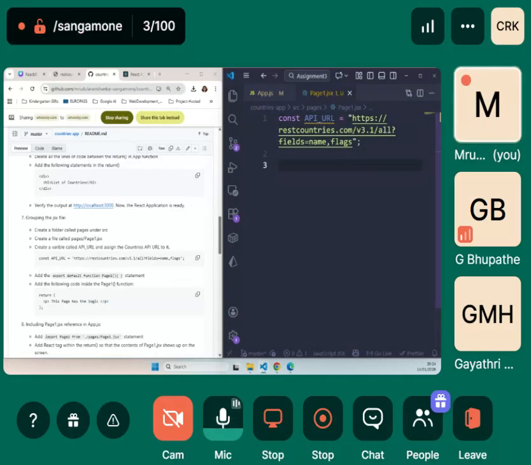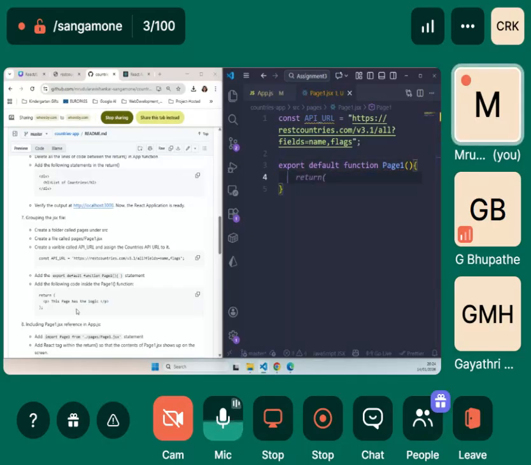Next we are going to add export default function page1 and then this. Inside this, as you already know, we will be having a return statement. We'll copy this and paste it here.